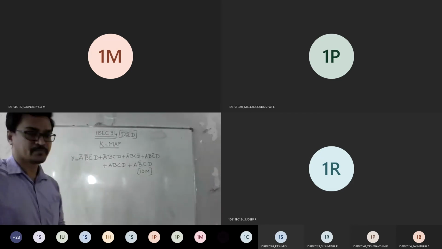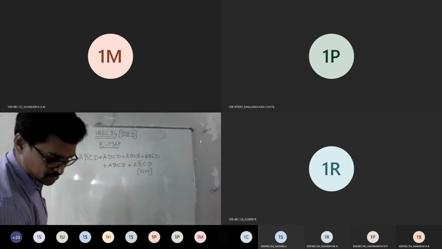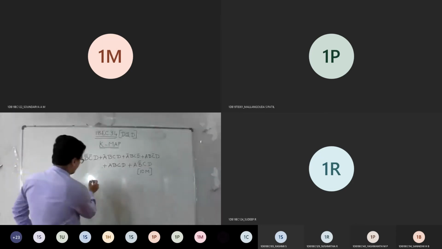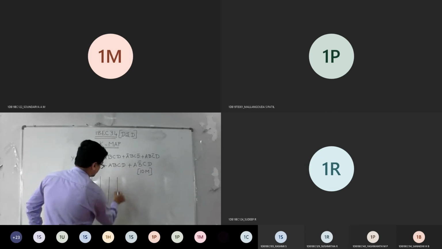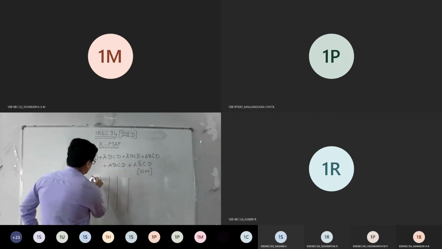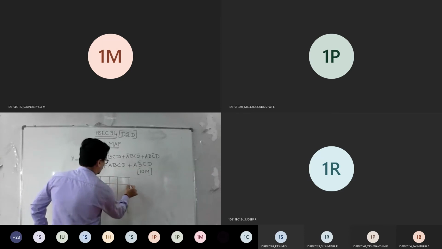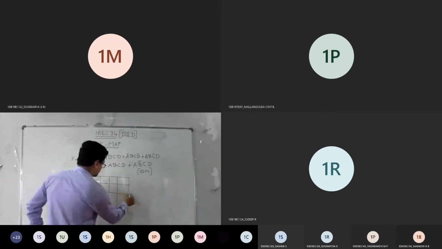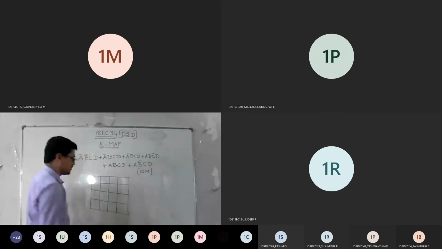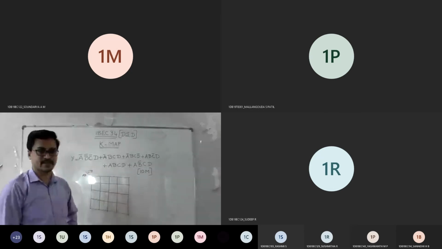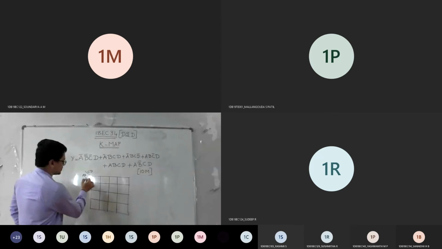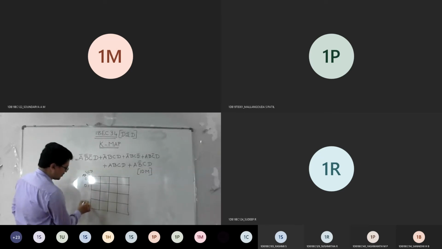So make a table now. Make a table, everyone. I want you to solve this. Let me make a table for you. You have 16 boxes here, so you should have 4 rows and 4 columns. How many inputs? You have 4 inputs, so I can represent AB on one side and CD on the other. You have the alignment 0 0, 0 1, 1 1, 1 0.